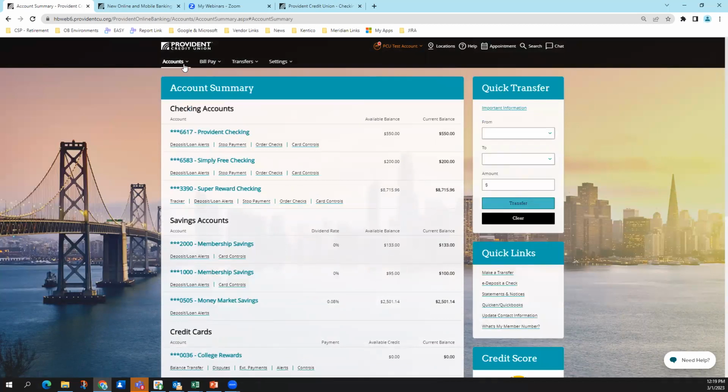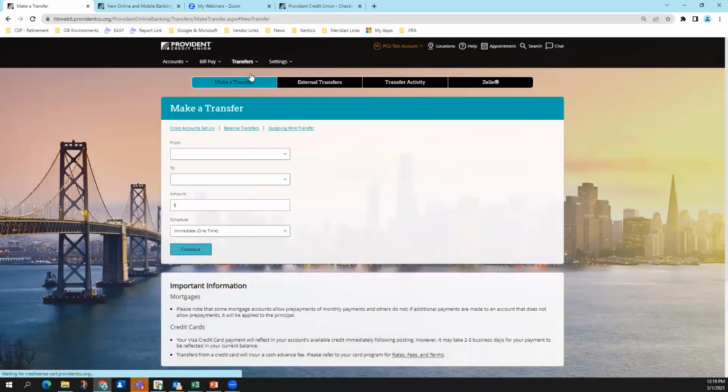For the most part, the navigation at the top has remained fairly similar. I did mention that previously or currently it shows profile and settings. Now the profile is kind of moved up here. But under transfers, if you wanted to view the transfers module, you would click on that and you can conduct your transfers right here. And earlier we had a question about external transfers, and this is where you would make